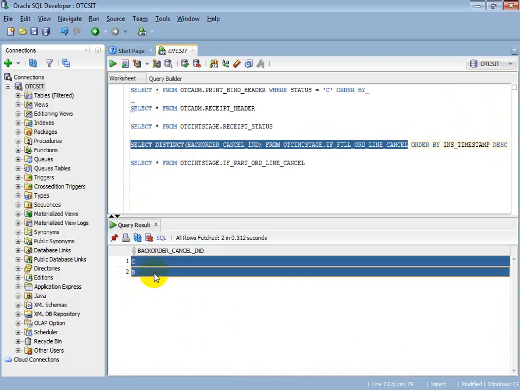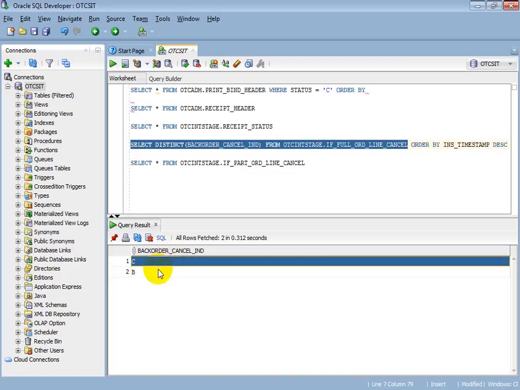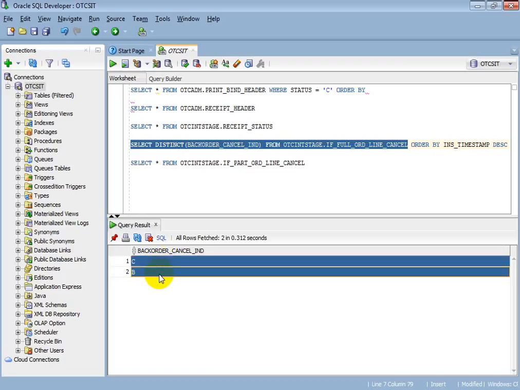These are the two codes. During your request, you will also be able to say we need the cancellation for this particular order, for this order line, with backorder cancel indicator as C or B. The main difference is like this: you have placed an order. That order is in release status, but you don't need that number of books or that order immediately. You just want to hold it for certain days.